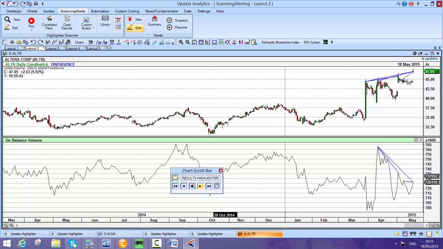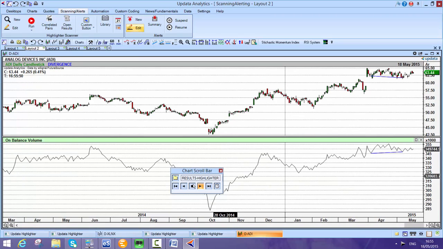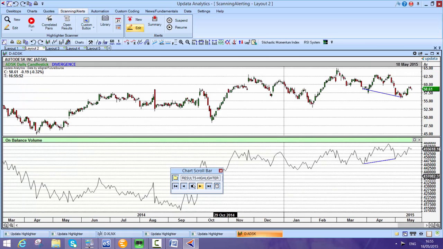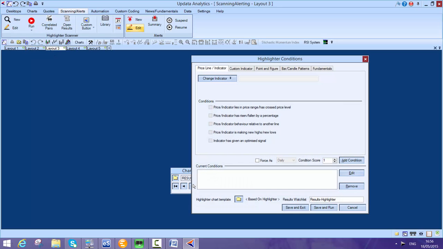This is something that's really difficult to calculate via computer, but here it's found where the on-balance volume is rising and the price is falling. So we're looking for just divergence between those two. If I take you to running a highlighter from new, so let's just look at how we would write one